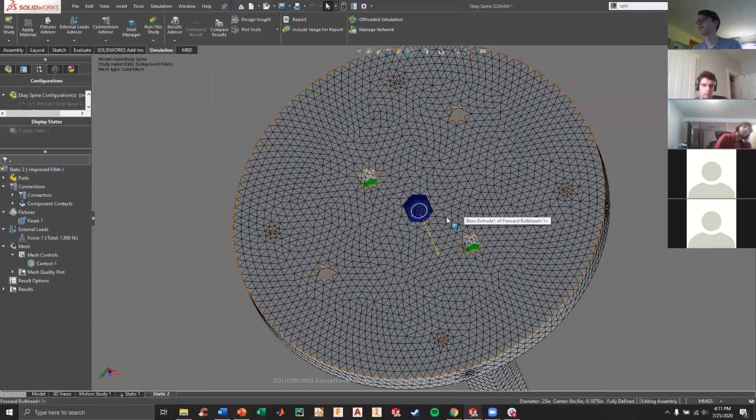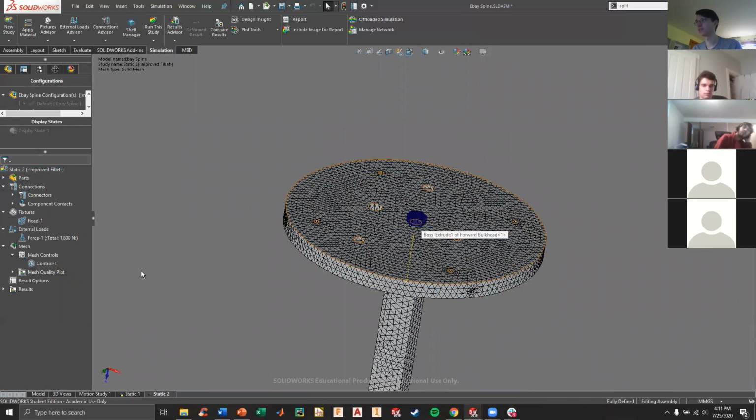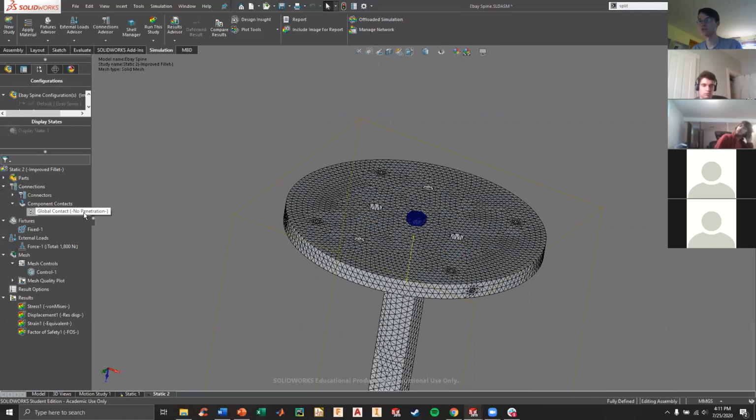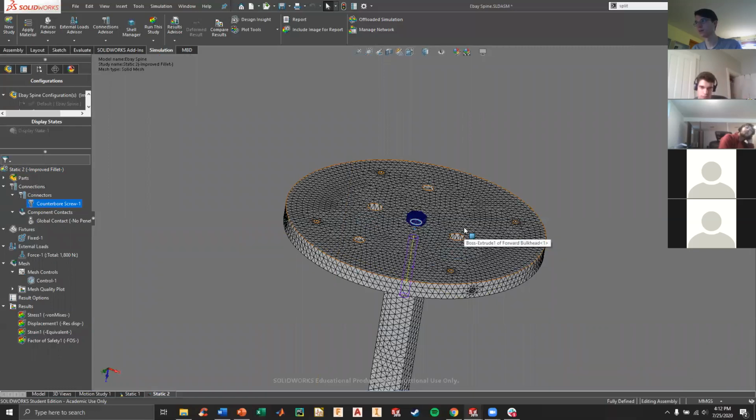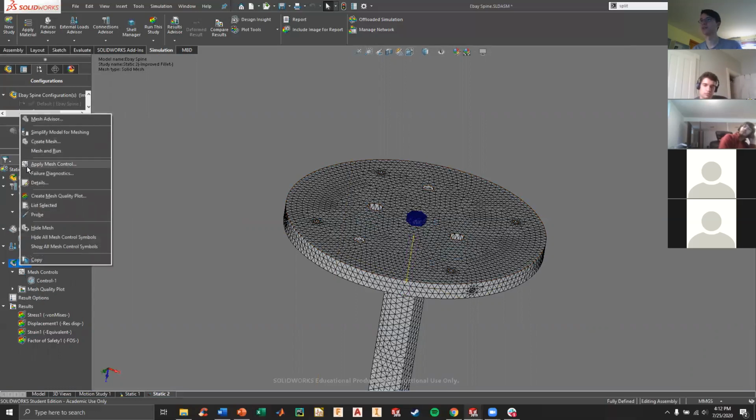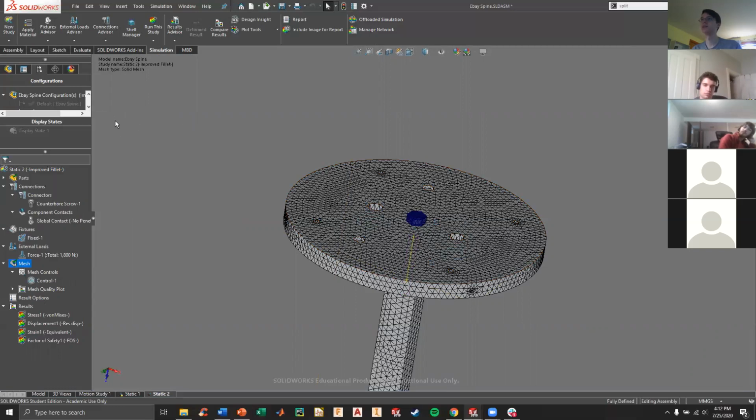Oh no, sorry, I didn't. With this model, you can't actually do an adaptive because p-adaptive solutions or solvers do not agree well with no penetration contact. And h-adaptive will run, but it doesn't necessarily like the bolt connector that we're using. So what I did here was just a manual h-adaptive, again, doing the same kind of thing: going through, running it, looking at the results, writing it down, making the mesh smaller, running it again, looking at the results, and it converged pretty nicely